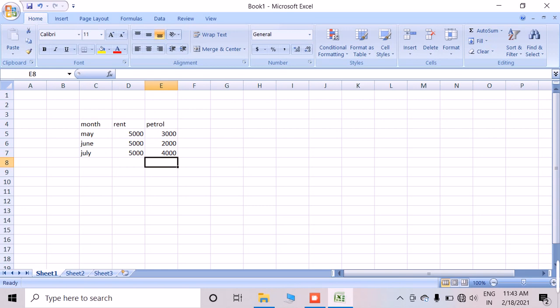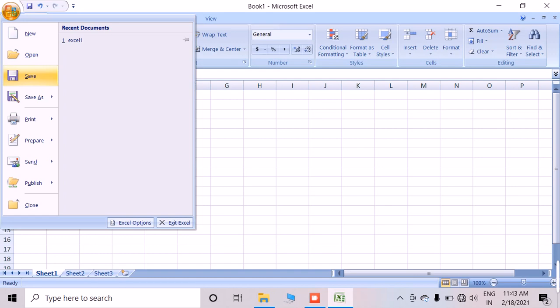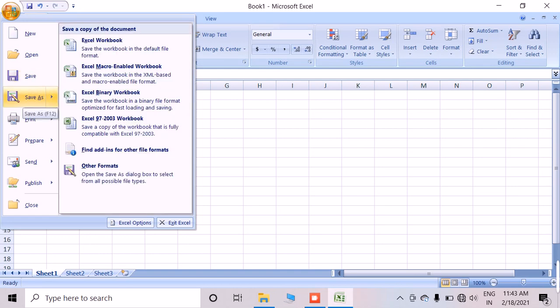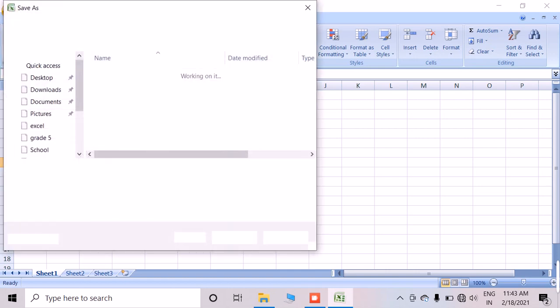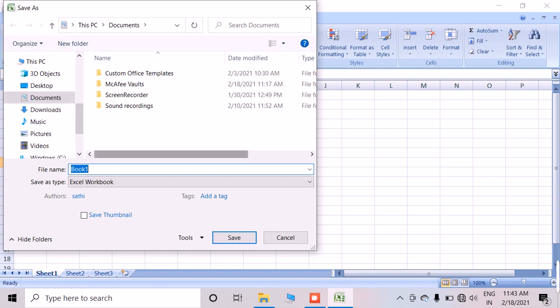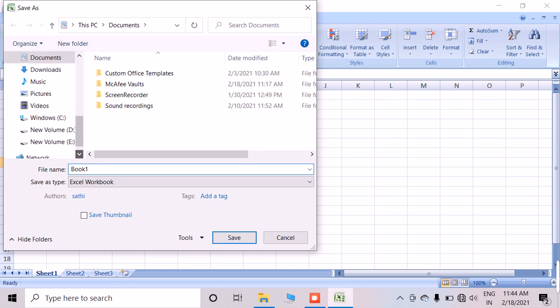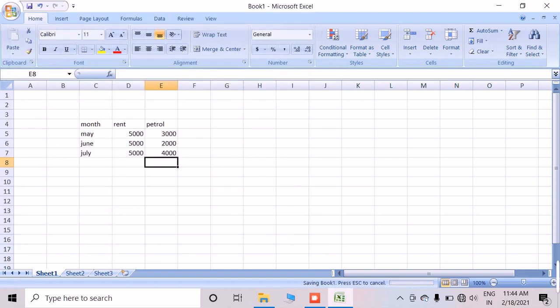Okay, so you are just going to the File tab. On that we have a Save option and the Save As option. If you click the Save option, by default the Save As dialog box will open. It has an extension of .xlsx. I am just typing Book1, and selecting the folder which I need to use. So I am clicking and typing Book. So Book1 has been saved.